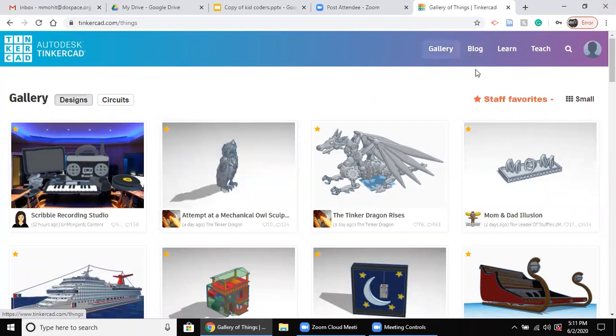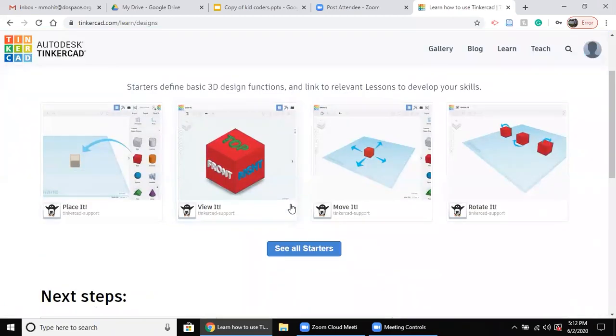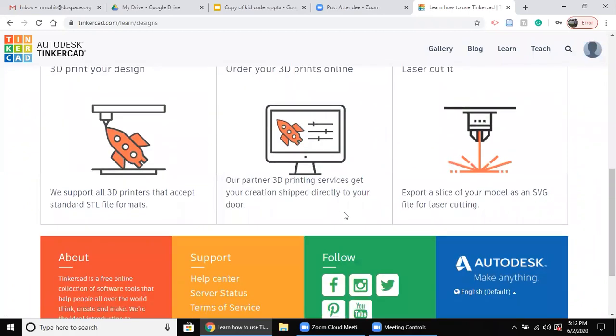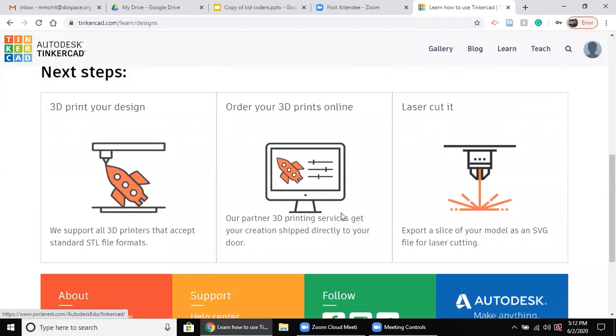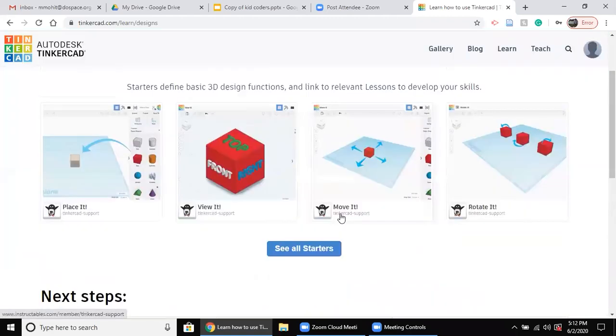And then there's a blog option here also. You can create a post with a blog, and there's a learn option. So you can go to learn, and there would be some more options here. I would always suggest, if you are a beginner and you have never done any project at tinkercad.com, and this is the first time you are using it, I always try to go ahead and start with these